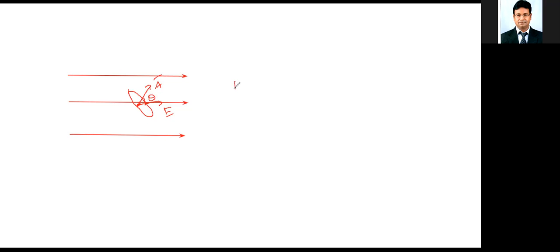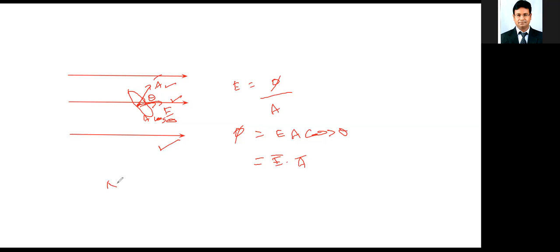Then the electric field is defined as flux per unit area. So I can simply write this as phi is equal to E into A. But if I consider the component of vector A along the direction of E, I will write it as A cos theta. Therefore, this is EA cos theta, or simply E bar dot A bar. Vectorially, I can write E bar dot A bar because flux is a scalar quantity. This is for a uniform electric field.